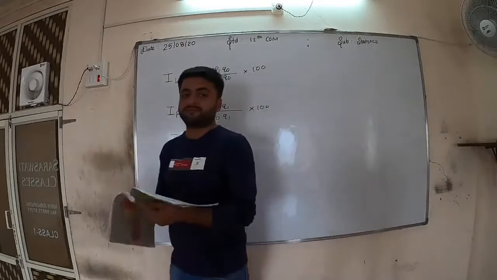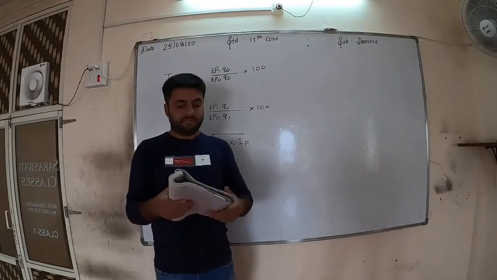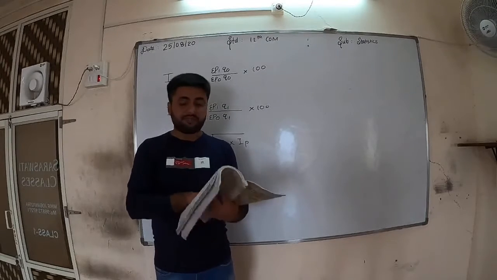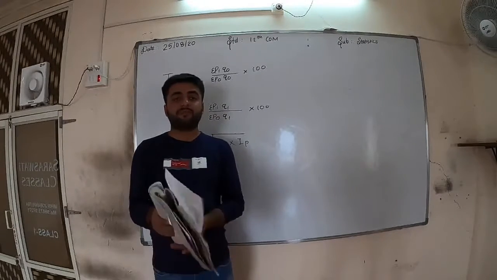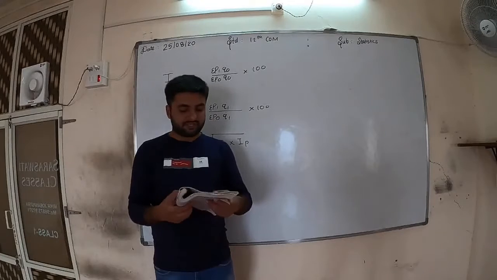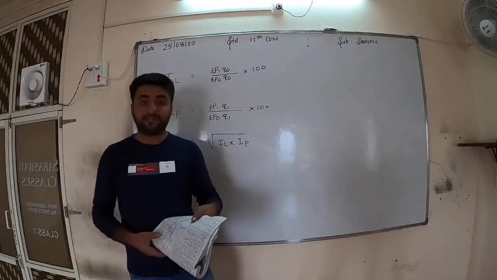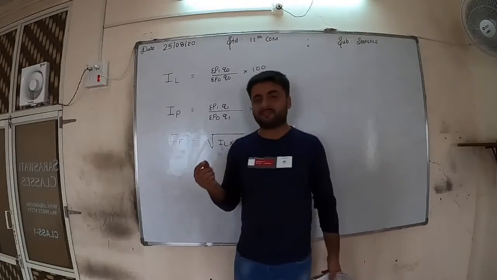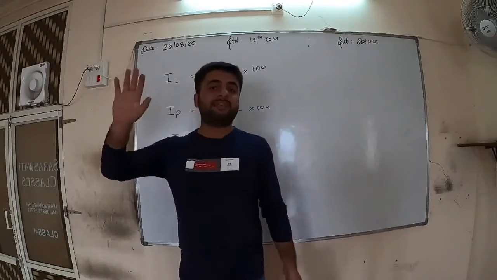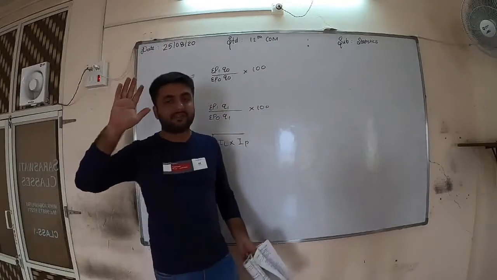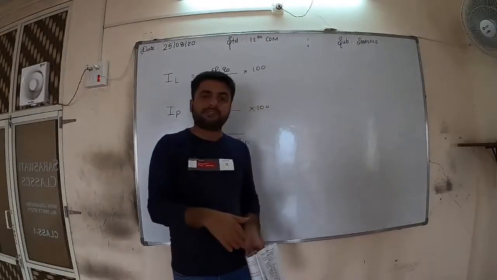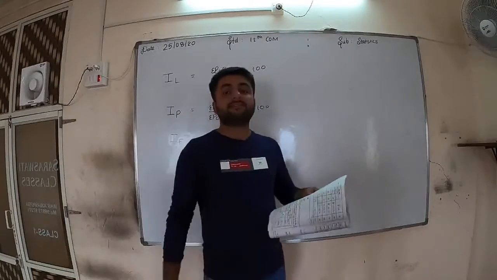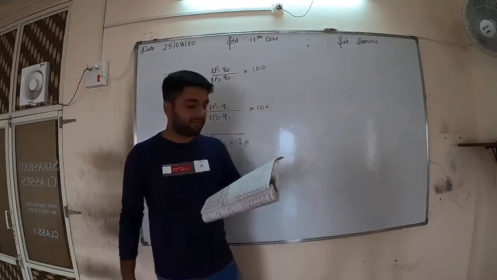In your textbooks we have an illustration to solve, because it will be needed for every one of you. Illustration 12 on page number 22. Why are we doing this? Because to understand yesterday's sums. Other sums are a little bit typical and somewhat difficult. So first of all we will go for this sum and then we will understand this thing.